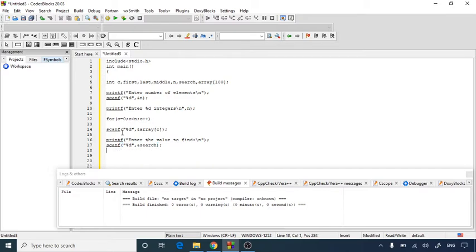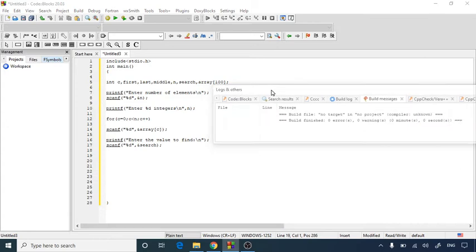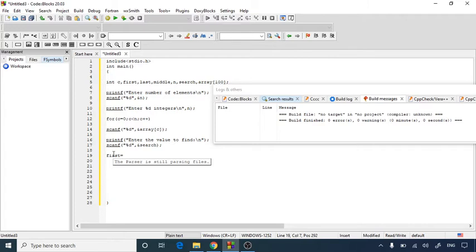Then it's time to use the binary search logic. First of all, I'm going to assign first equals 0, then last equals n-1, and middle will be middle equals (first plus last) divided by 2.